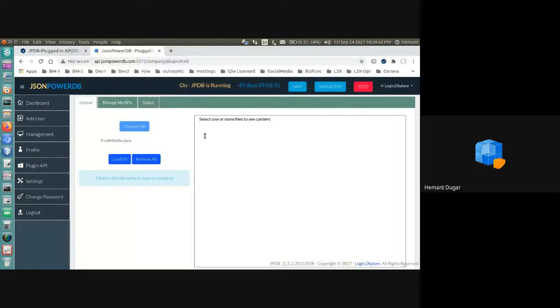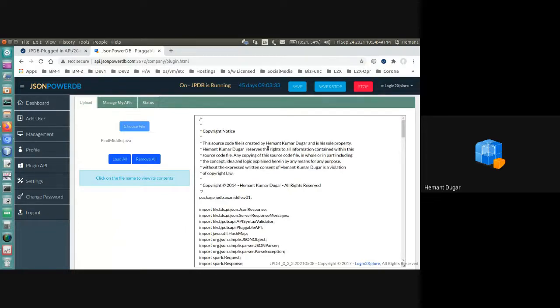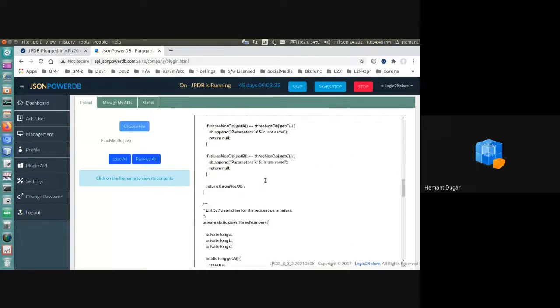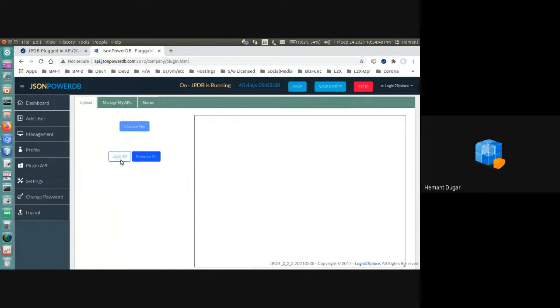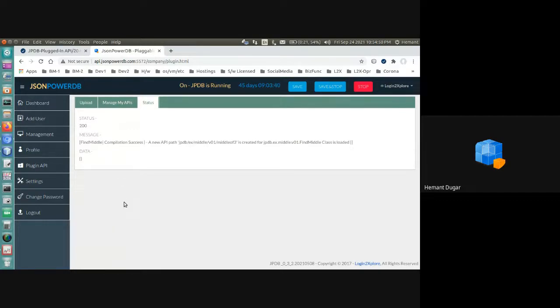I open this. I want to see the content. So this is the content and just load all. So the API is now ready to use. This is just plugged into the running JSON Power DB. And now this particular running JSON Power DB can use this function which was not running earlier.